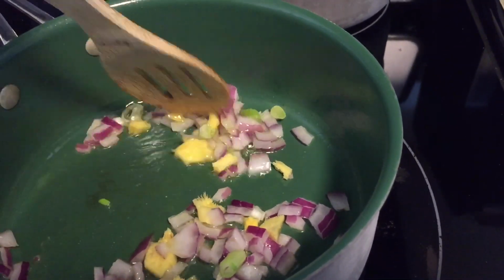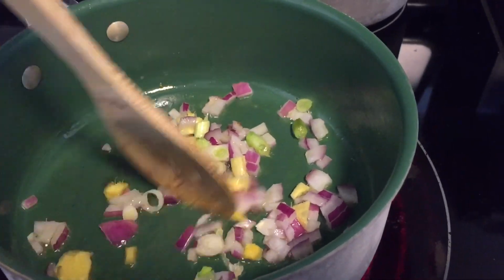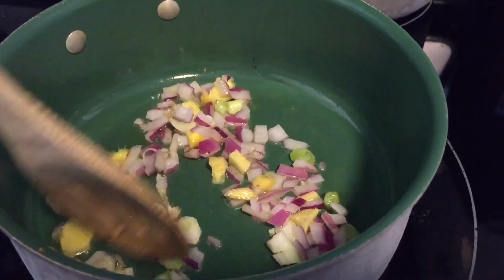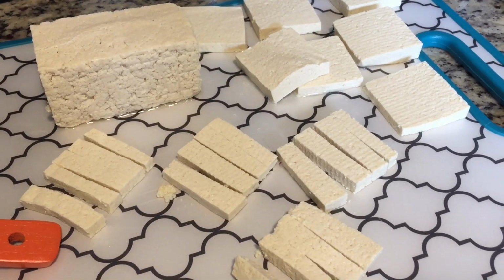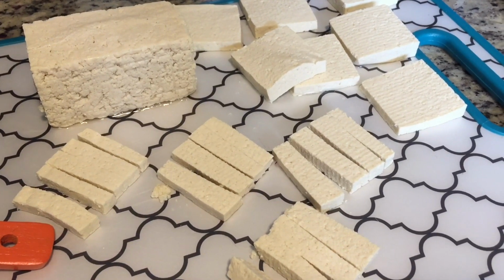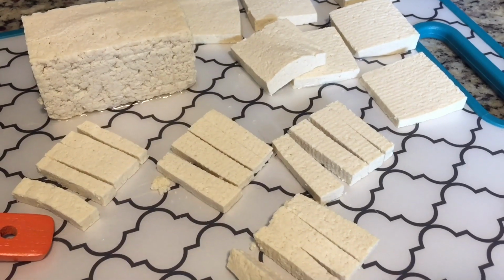The aroma coming from this was so good. So just turn it around a little bit, let it get well coated. This is medium-high heat. Just gonna get that going for a little bit, and then while I turn it down just a little bit so it can caramelize just a little, I'm gonna go ahead and get started cutting up